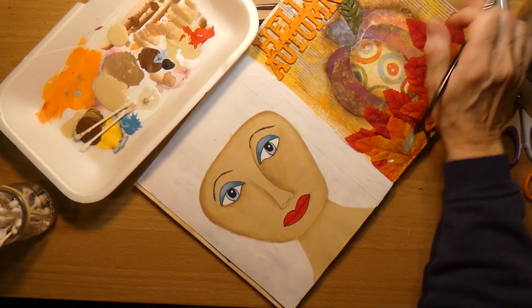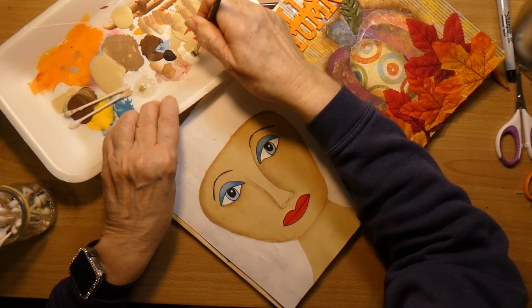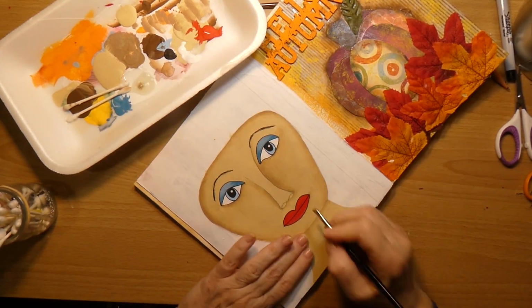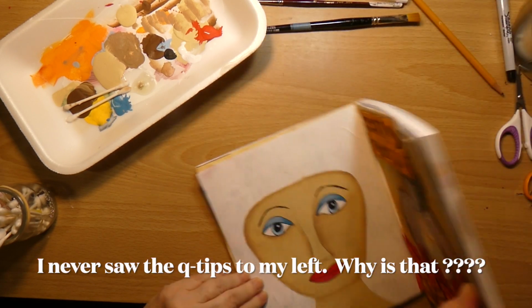Okay, so the next thing, I am going to do the same thing to her lips. Really scrubbing that out. And I am going to have a wet...